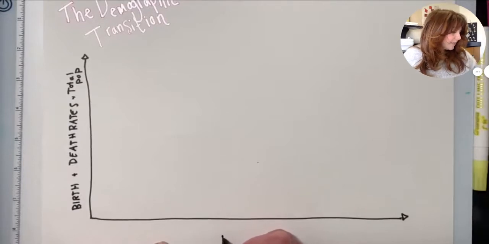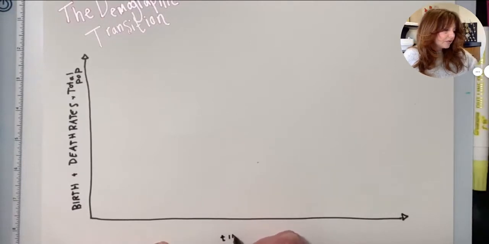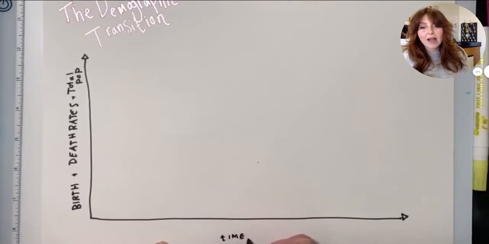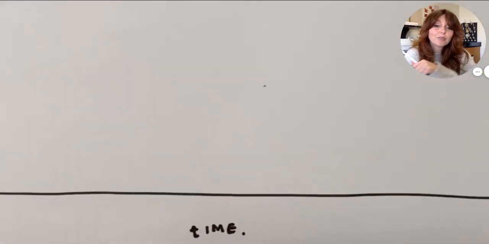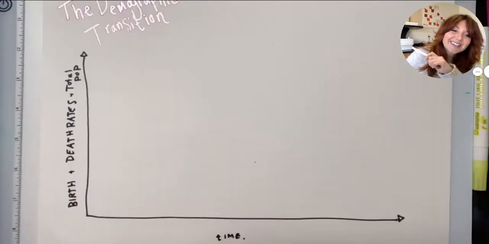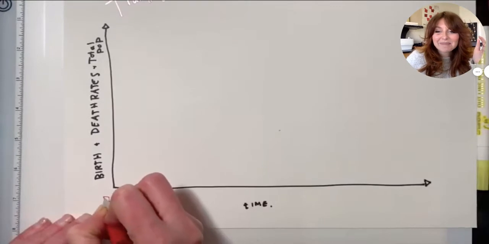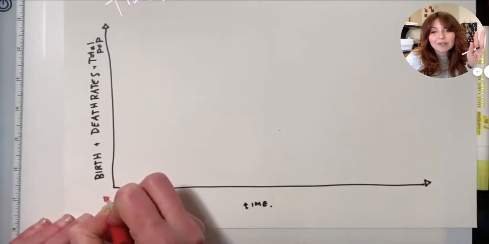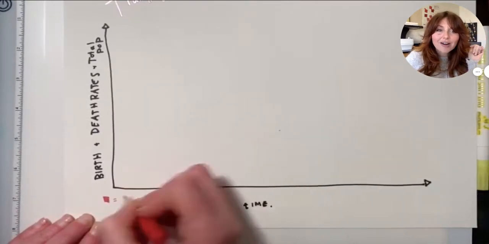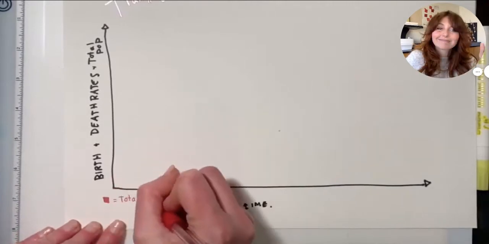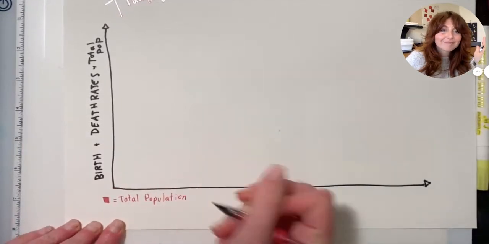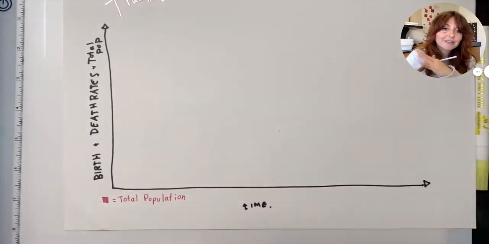The video is sped up, so you may need to pause, but you're going to make your y-axis birth, death rates, and total population. And as always, the x-axis is time. All right, the 3 variables that we are going to be plotting are total population over time. This could be society, world, this is just general